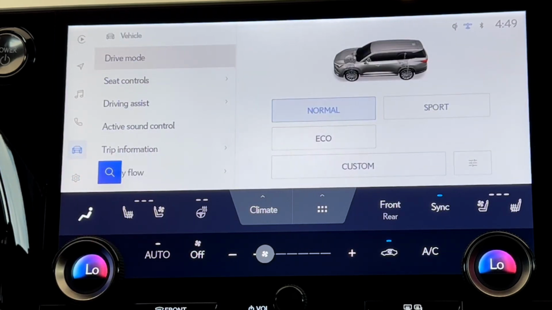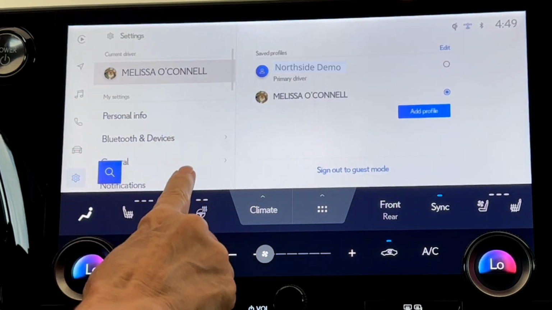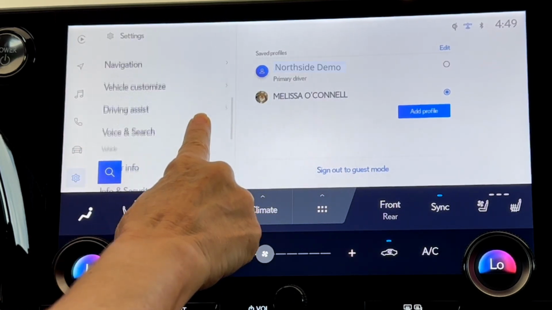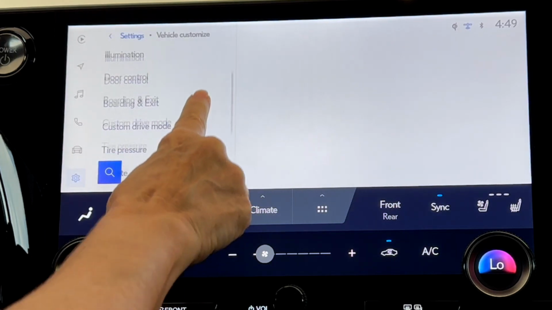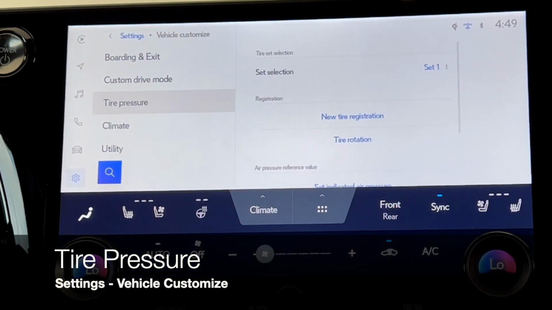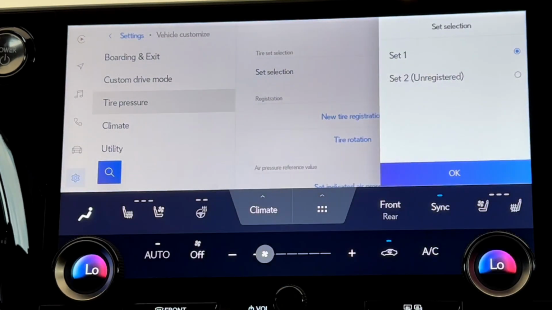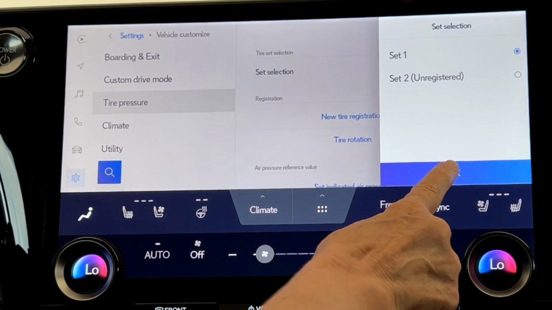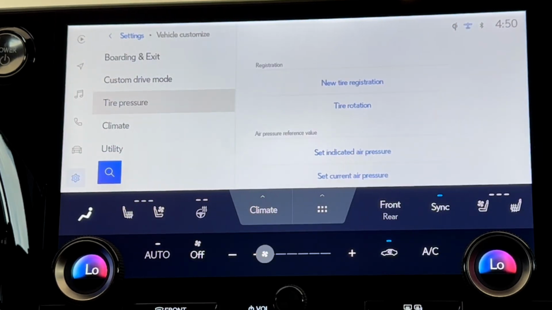Coming back to Settings, opening Vehicle Customize, and coming down to Tire Pressure. If you have multiple sets of tires, you can register a second set. The items that you see for registration and air pressure reference value are usually customized by a technician when you have a tire rotation or a tire change, and if they need to reset the tire pressure values for your tire pressure